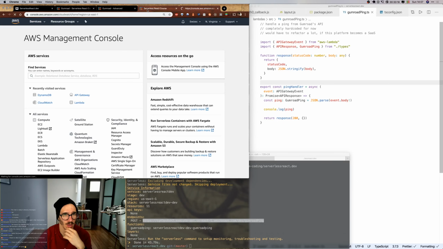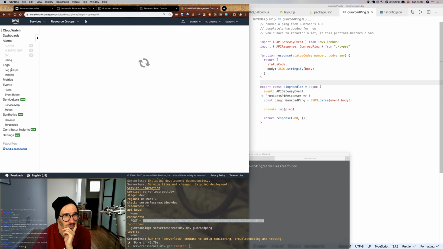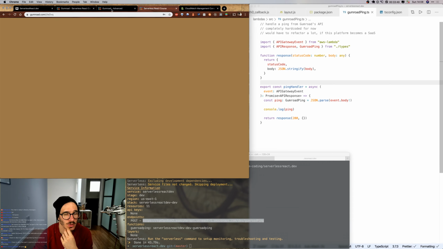and there's not going to be a Gumroad log yet. Oh god, log groups, come on. Okay, so we should have one here. Come on, gumroad ping. There we go. Serverless React Dev gumroad ping. Looks like there's no logs yet, so I'm going to